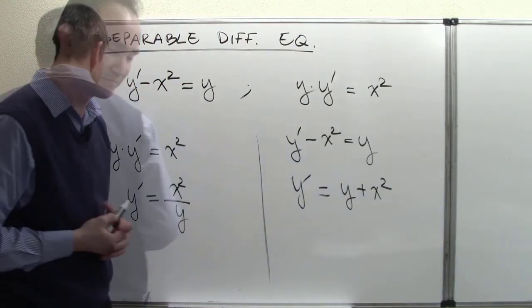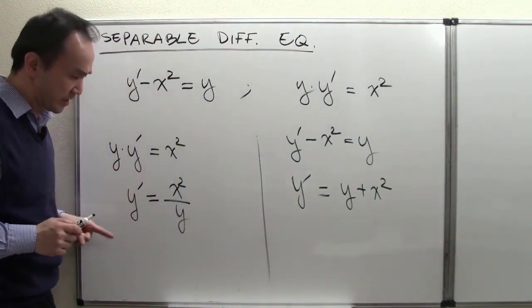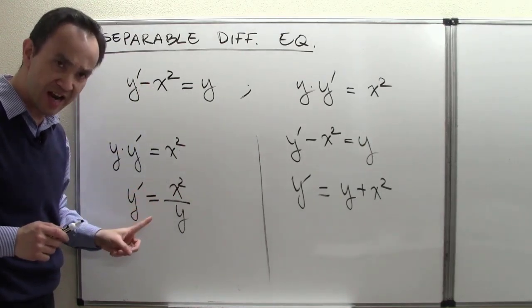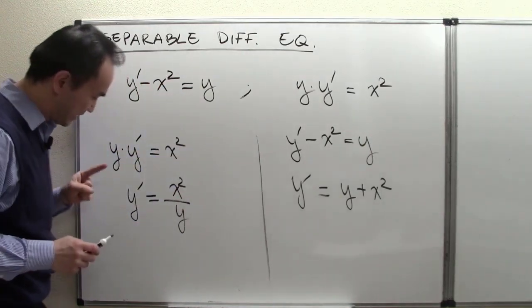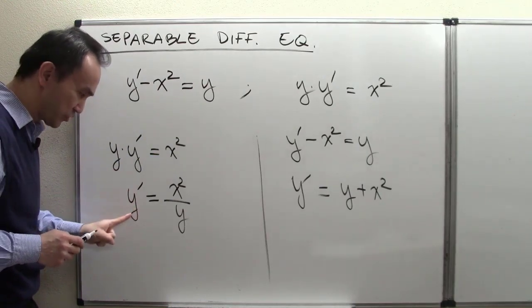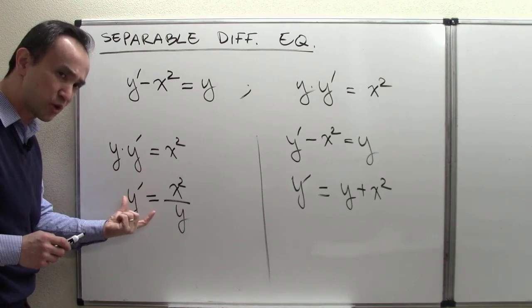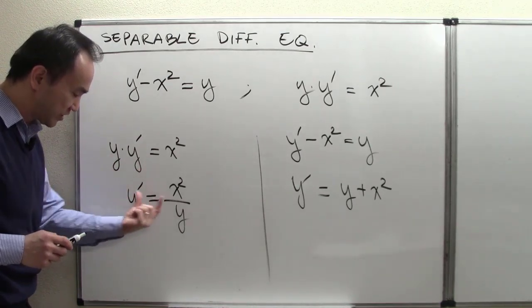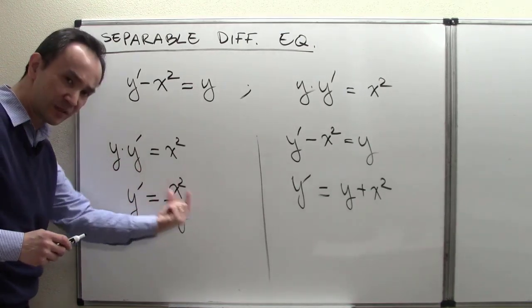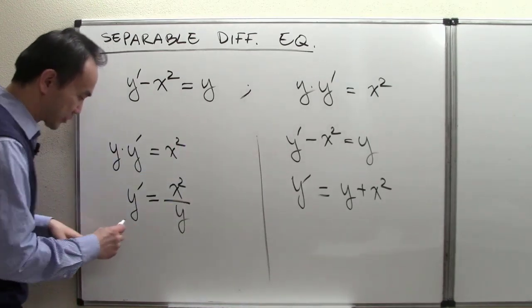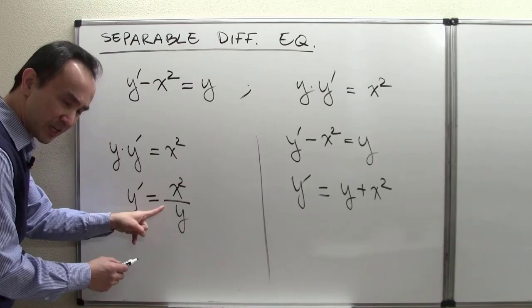Right. But now let me point out a property that one equation has, whereas the other doesn't. Once I have re-expressed the equation as y prime equals some expression in terms of x and y, the other variables here,